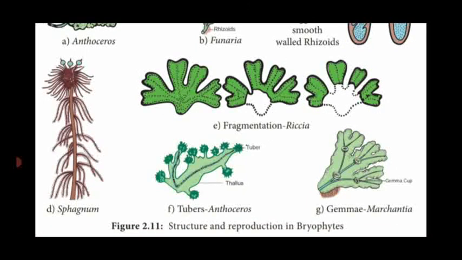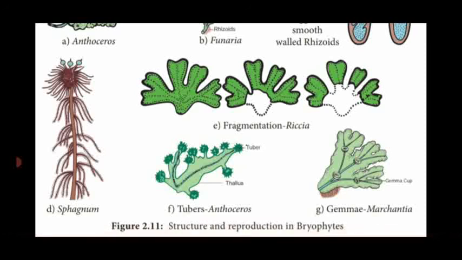Then the next one is the sphagnum. I showed in the introductory part, it is responsible for producing the fuel named peat. Then Riccia, showing the vegetative reproduction by the fragmentation of thalli. The plant body is differentiated into dichotomous branching, a number of branches, due to natural conditions. The plant thallus is divided into a number of branches or fragments. Each fragment develops into a Riccia.